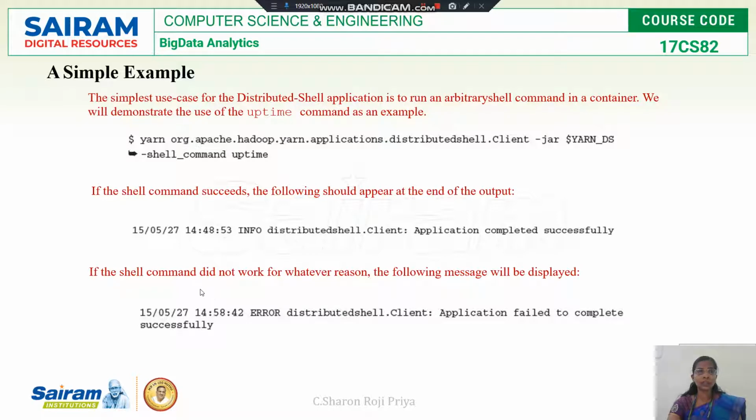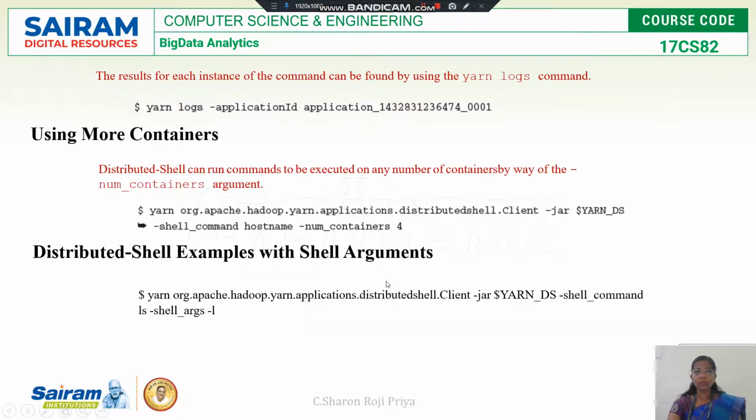Suppose the shell command did not work for some reason, I'll get the following message: application failed to complete successfully. And once the shell command is successfully executed, I can check the output in my log files.